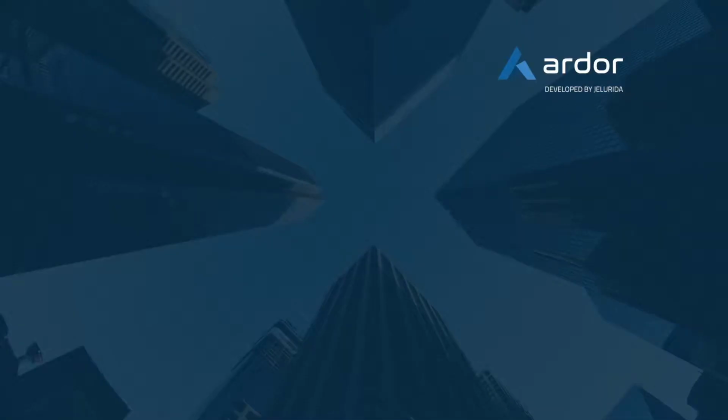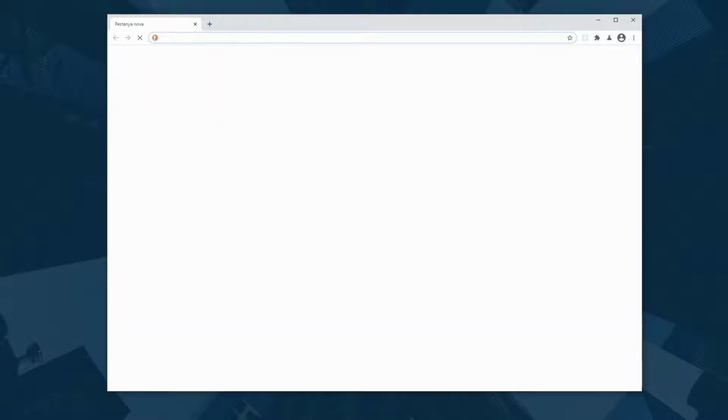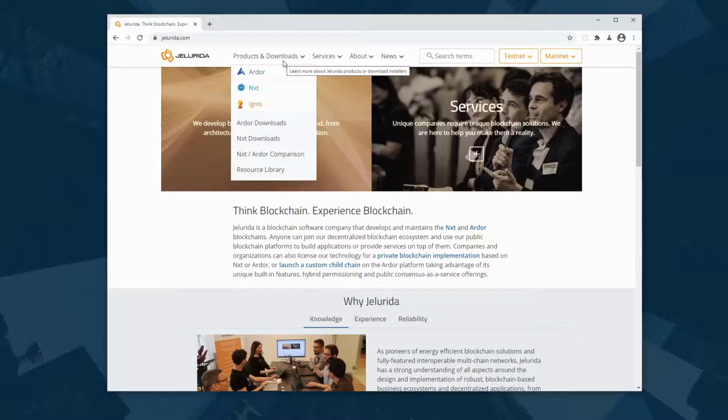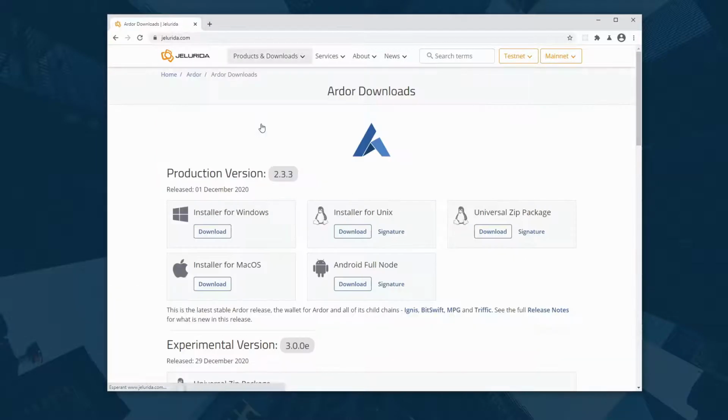Okay, so let's take a look at the Gelurida's website where you can download the software. On this website you can find, of course, all the information about the Ardor blockchain, and the previous one, as I've said, the NXT. So let's focus on the Ardor downloads.